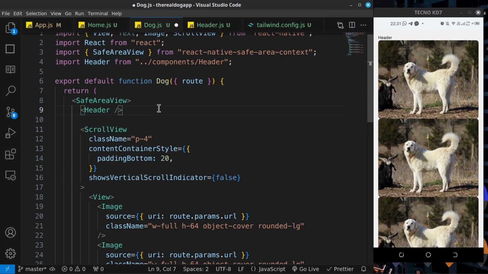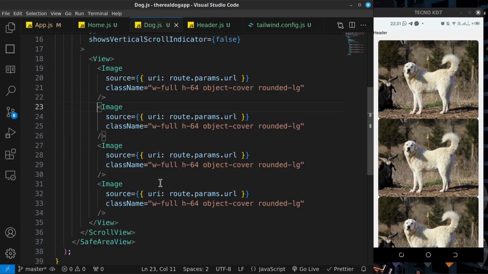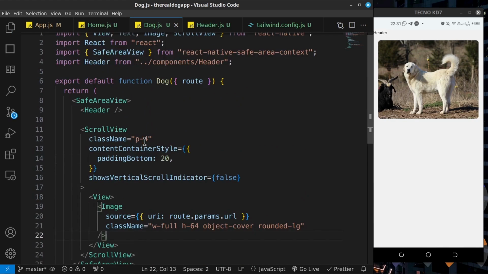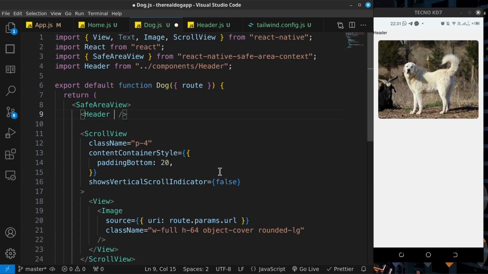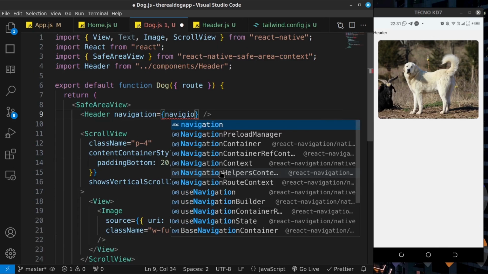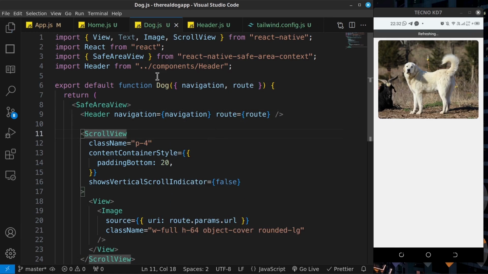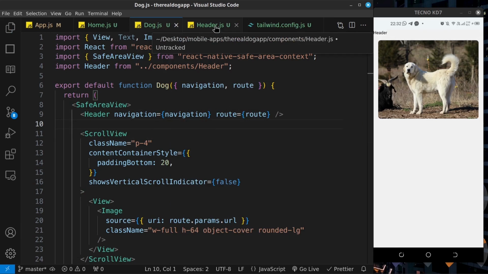And what I've just done there, by the way, I just noticed, is you hold down the Alt key and then you press up or down according to the direction that you want to go. So once you save that, let's remove all these extra images because they were just for demonstration. And then let's do this. We want our header to have access to the navigation prop. So navigation is equal to navigation. And then let's also destructure the navigation. And then we want access to the route as well. So route is equal to route,